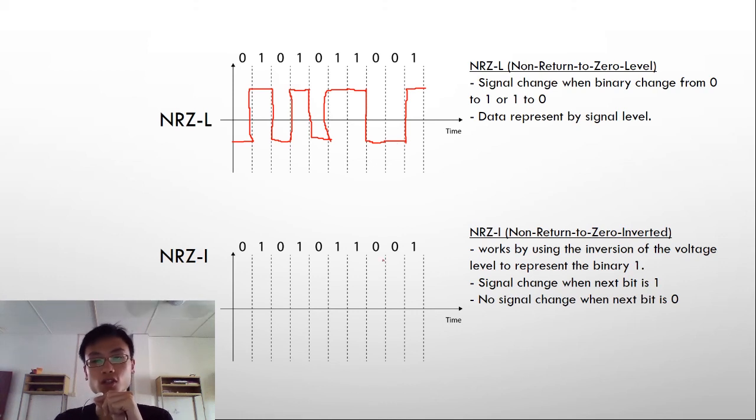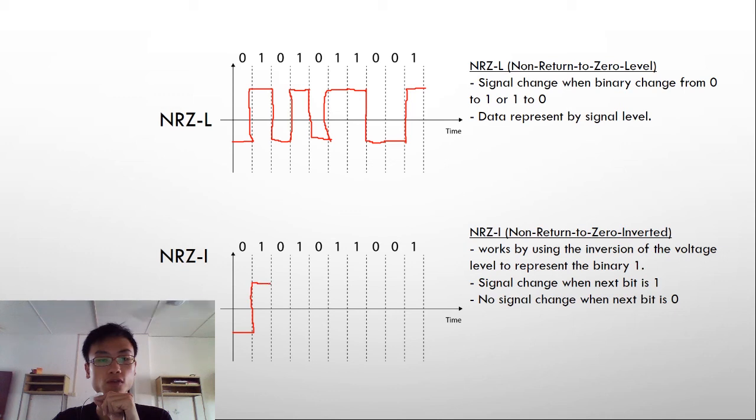So the next is the NRZI, non-return to zero inverted. It works by using the inversion of voltage level to represent the binary 1. Signal changes when the next bit is 1. No signal change when the next bit is 0. So first, let the 0 be the negative signal. So 0 to 1. The next bit is 1, so the signal will be changed